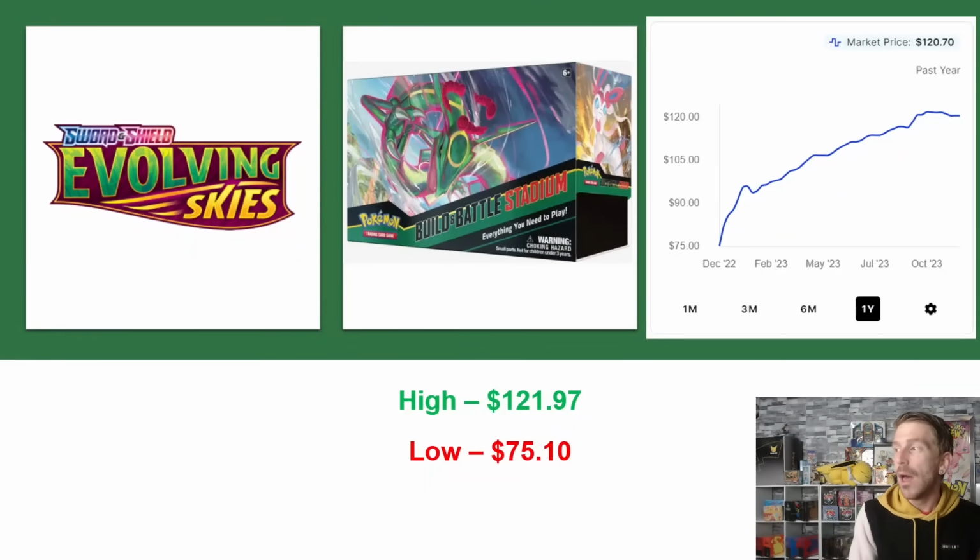Still not great, but it really started climbing in January and then really started climbing even more in February, and really throughout the entirety of 2023. You can see just not any valleys, just continuing to climb. And then in October of 2023 it went up even more. It jumped up to $121.97 as a one-year high. Again, that's about 3 times MSRP on that one. It's backed off a little bit, but still sitting at